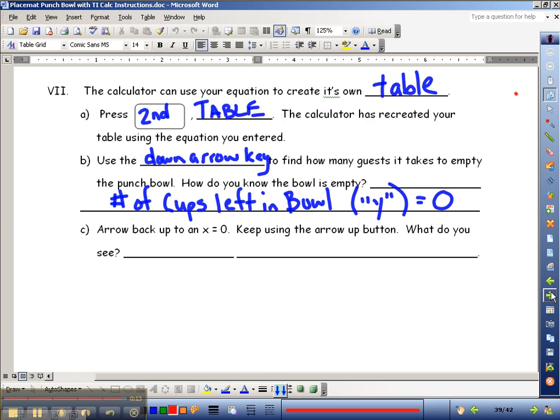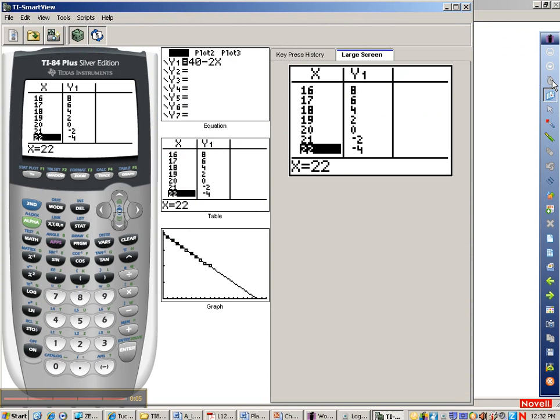I want you to arrow back up to an x of 0 and keep using your arrow button. What do you see? Okay, so we're going to arrow back up, arrow up,